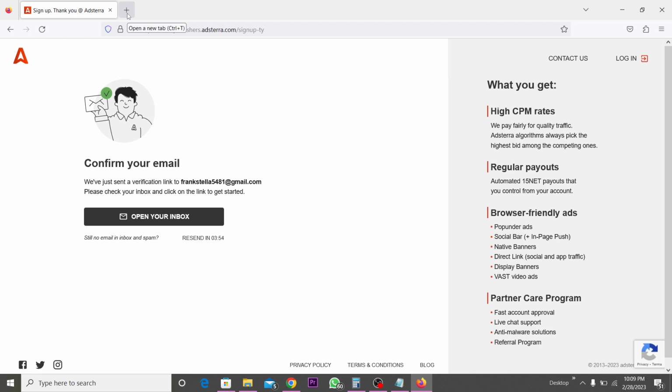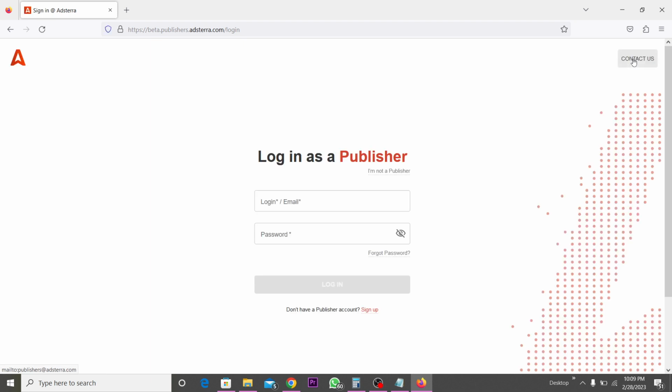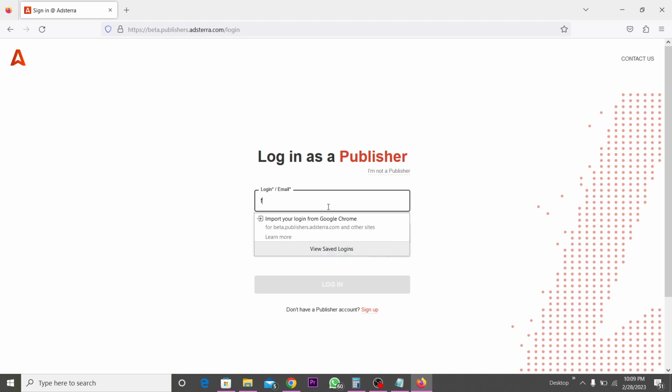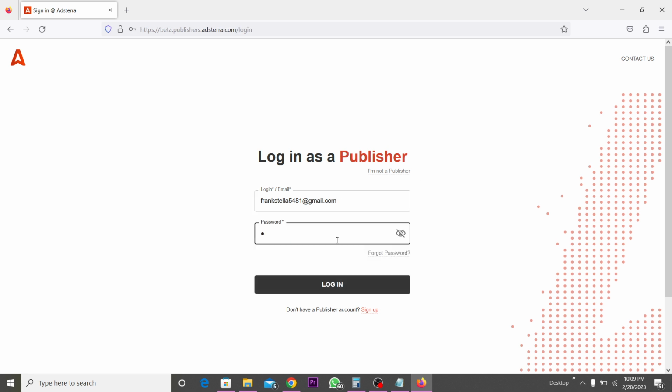They are going to send you a link for you to click. Just click on that link, and you won't have to do anything. Once you click on the link, then you can go back, and you have to click on this login. Okay, so I'm going to use my email to log in. So you click on login,